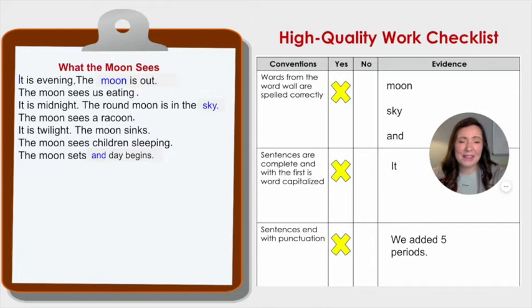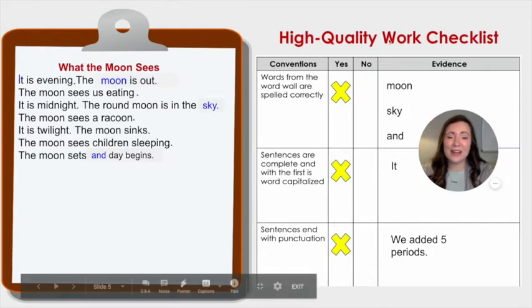So let's look at that practice poem. Here's the poem that we started to revise or edit during our last lesson together, What the Moon Sees. Now, we revised the conventions of this poem, all of those rules for writing. Today, we're going to go through this poem and add some adjectives in there to make it even better.